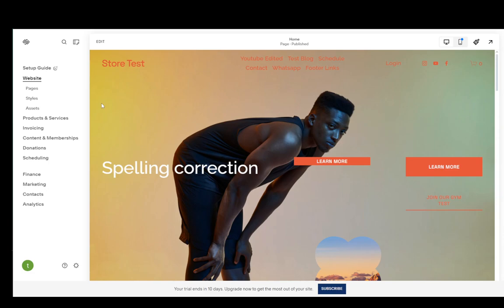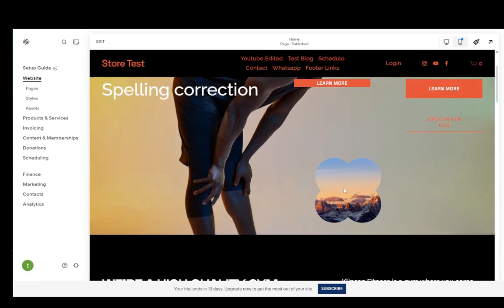In this video, I'm going to be explaining to you guys how you can make your images clickable on Squarespace. So let's get right into it. Now, as you'll see currently on the main page of my site, I have this image, and as you can see, it's not clickable. I'm clicking on it right now, and nothing is happening, but we're going to change that